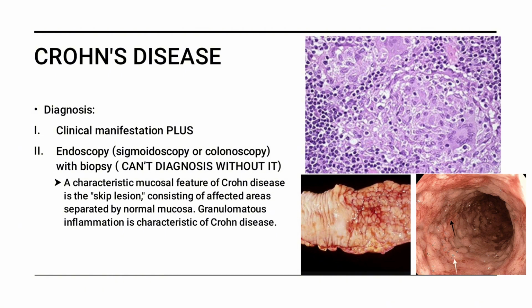A characteristic mucosal feature of Crohn's disease is skip lesions, which is seen in this picture. This is where it's affected here, and it's skipped here. So this region is normal, and this region is affected, which is the circle around it. Also, in this picture, you can see a cobblestone-like appearance. This is also seen in